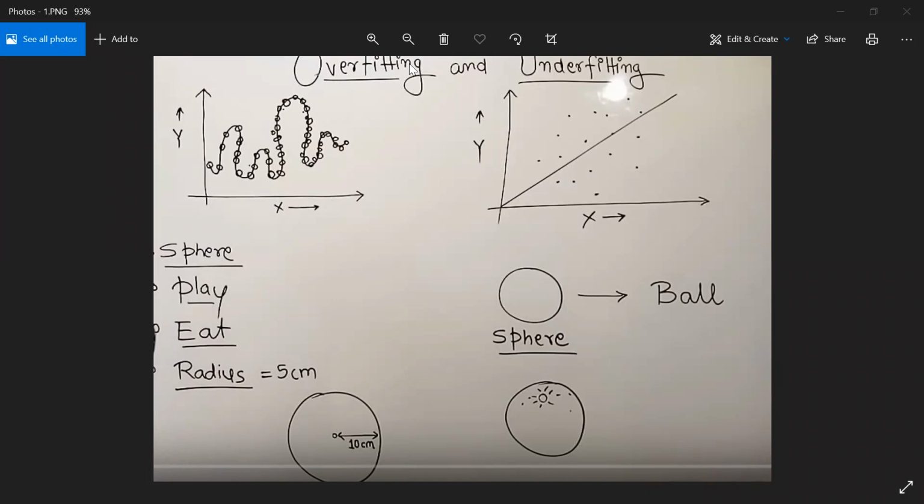Now let's check the conditions. The basketball is sphere shaped, yes. This condition is satisfied. You can play with the object, yes. You cannot eat the object, correct. But the basketball radius is not 5 centimeters. So this condition is false.